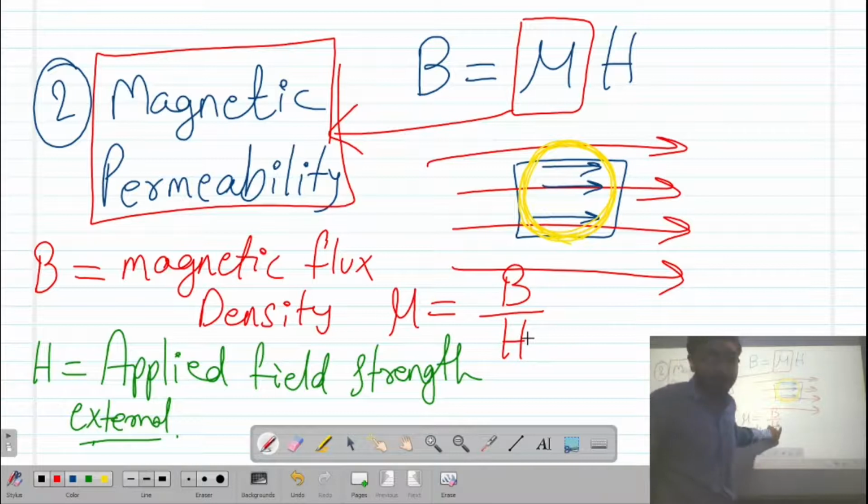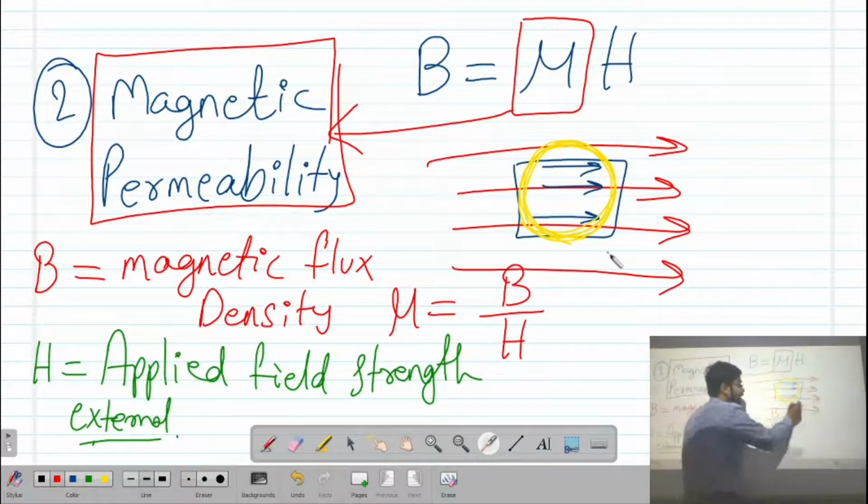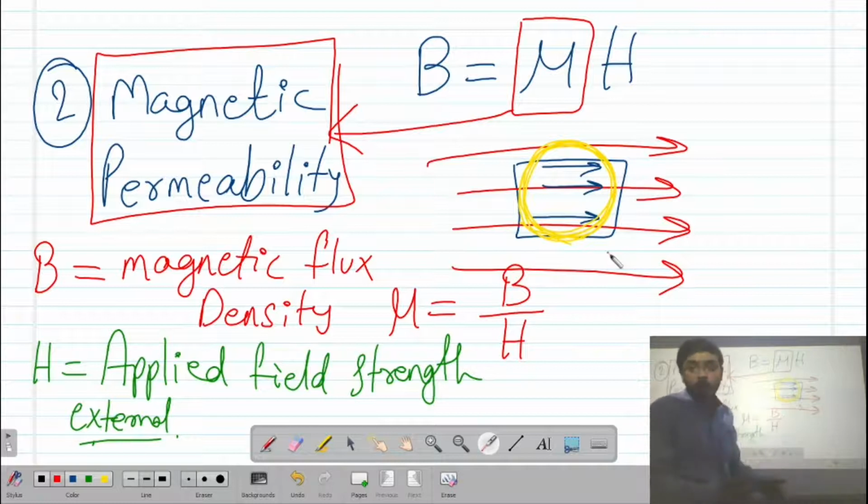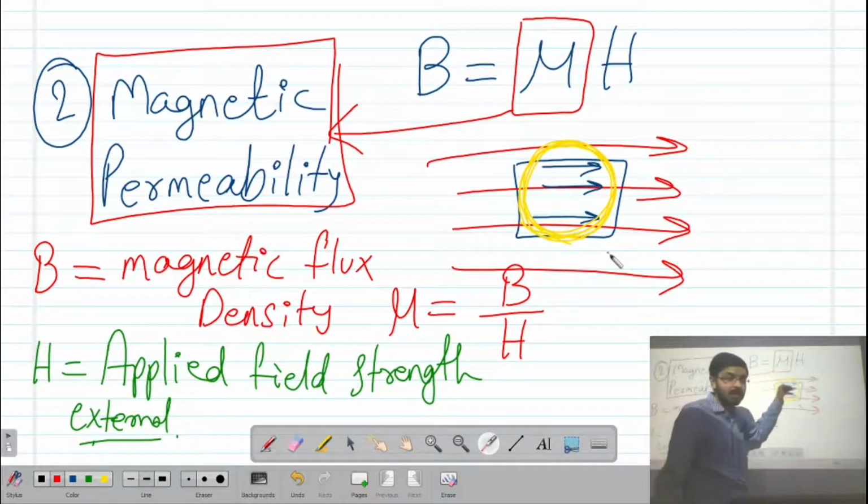So if we apply some amount of external magnetic field to a material, then how many magnetic dipole moments are oriented in the direction of an applied magnetic field, that can be calculated with B. And what is the ratio of B to H? It means the number of magnetic dipole moments induced in the material with an applied magnetic field.